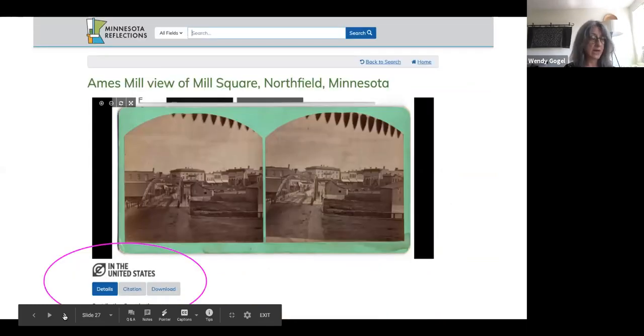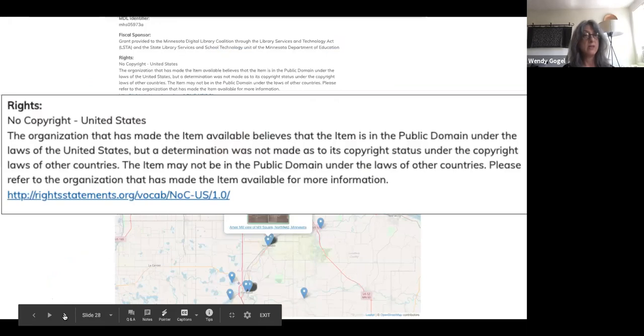The statement from rightstatements.org appearing in the item level metadata alongside the digital object makes the status clear to the user. In the Minnesota Reflections digital collections, the Northfield Historical Society displays the icon for the statement No Copyright, United States, and the text and URI in the metadata provide additional explanation in both human readable and machine readable form, making it clear that the item is in the public domain in the United States.